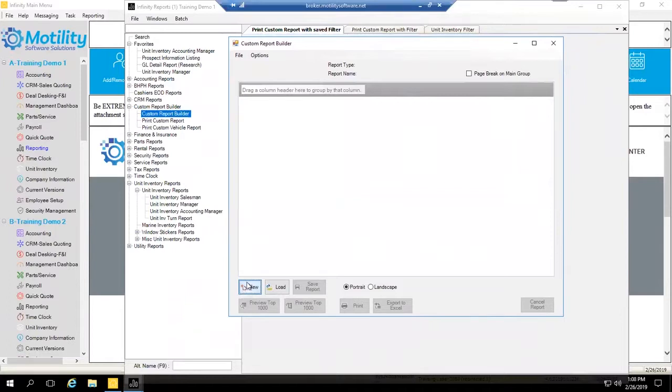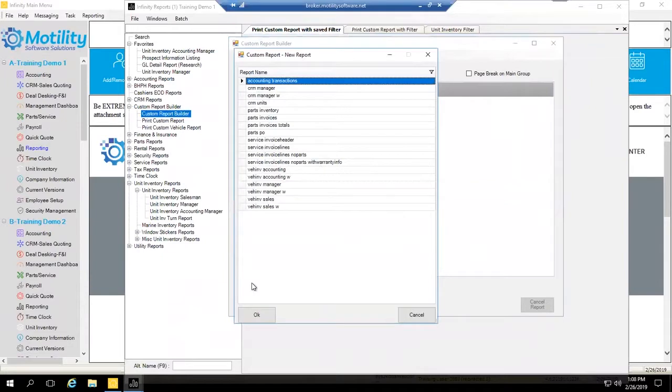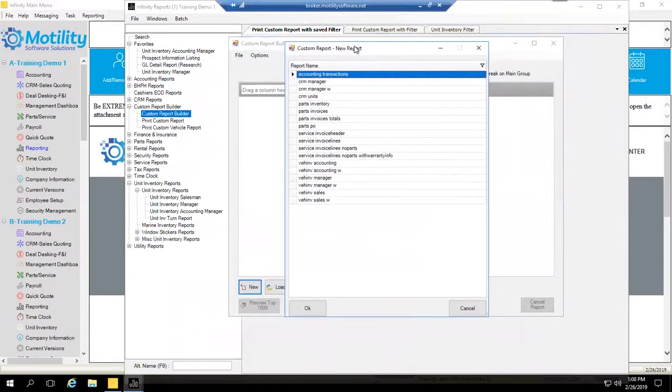it's going to give me a few options. It's going to pull up this screen here, and this is going to ask me what kind of report essentially am I trying to create here. And what this screen is really looking at is what module you want to specify, and that's going to allow you to pick fields from that module. So for example, if I were to click on CRM Manager, that will allow me to pull fields from CRM. So customer phone number,